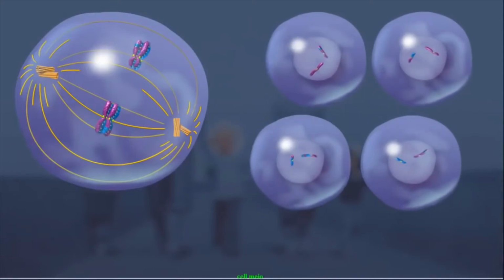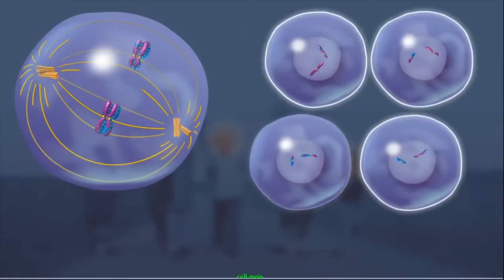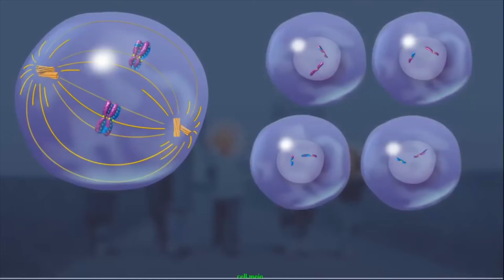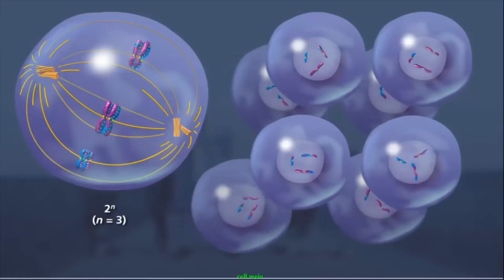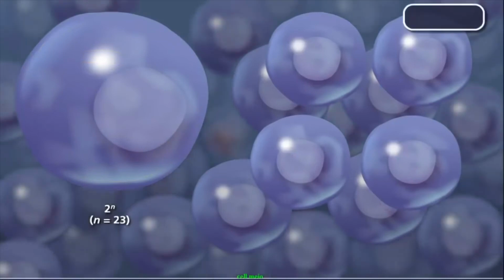This process, called independent assortment, produces 4 genetically distinct haploid gametes. As the total number of chromosomes increases in an organism, the number of genetically distinct gametes increases by 2 to the nth power. This means an organism with n equals 3 can produce 8 unique gametes. For humans where n equals 23, there are 2 to the 23rd power unique gametes formed, or over 1 million